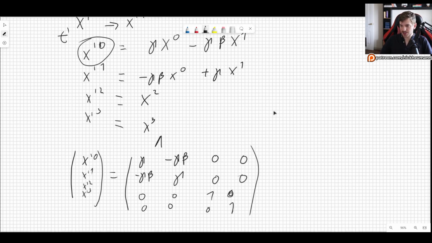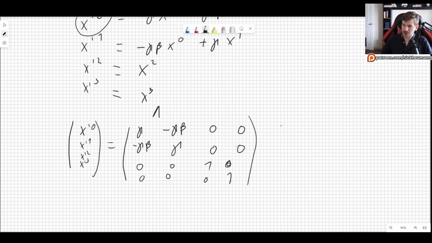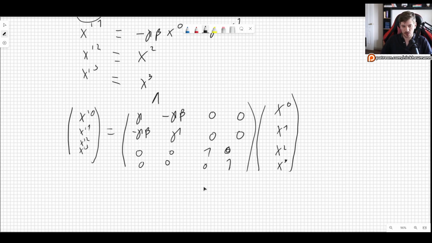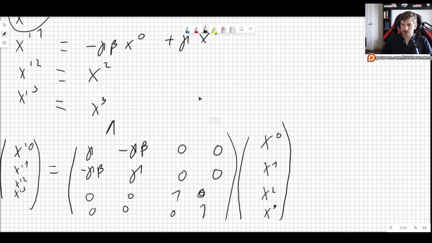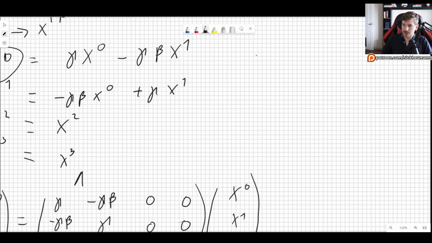Okay, so that is the transformation matrix. And then we have still, of course, our original coordinates. So x0, of course, it begins with x0, so x0, x1, x2, x3. So here you can just multiply through and see that you get exactly what we had before. Okay, it's just a more compact way of writing it down. And of course, don't forget that gamma here is simply 1 over the square root of 1 minus